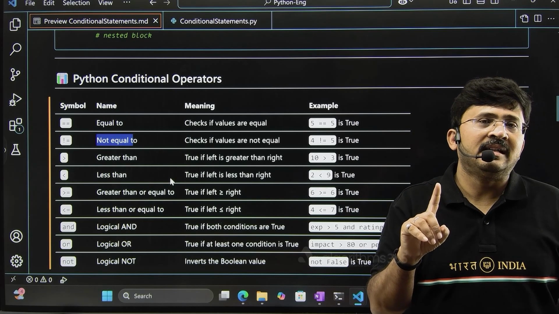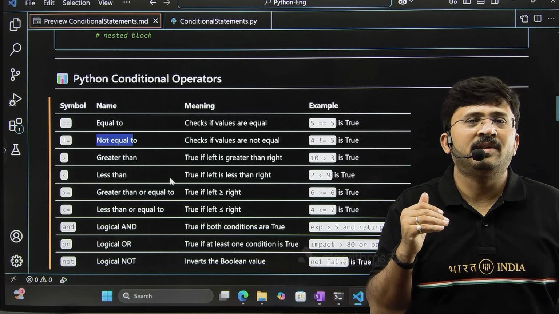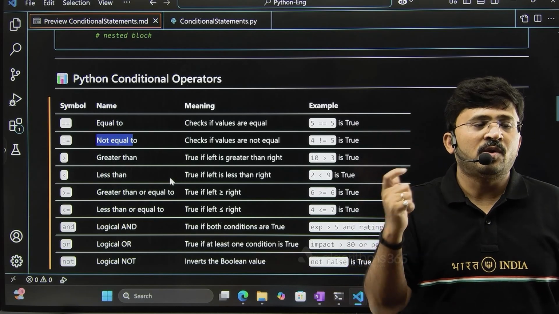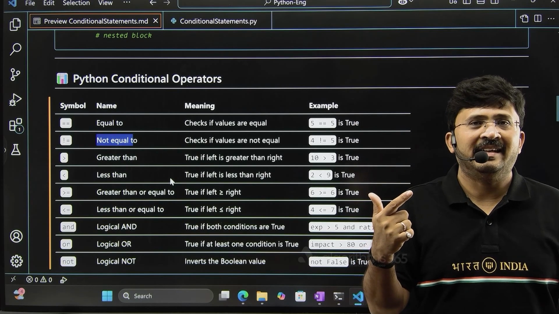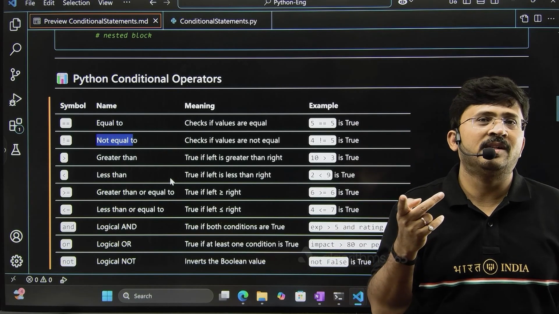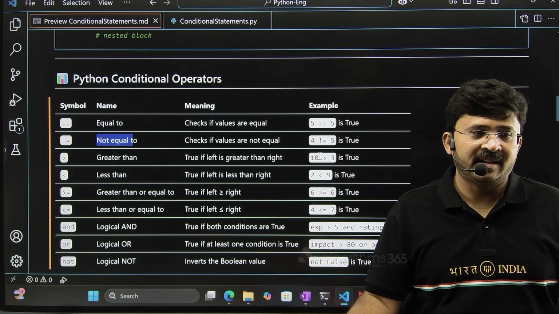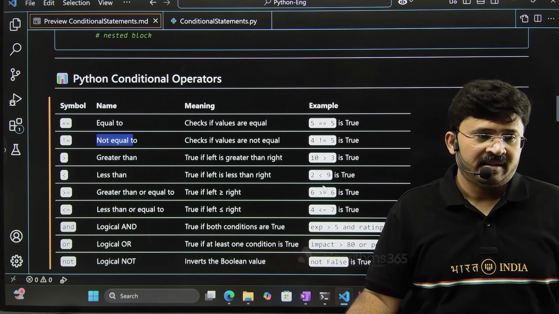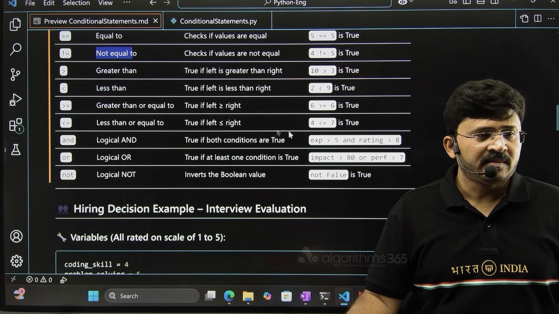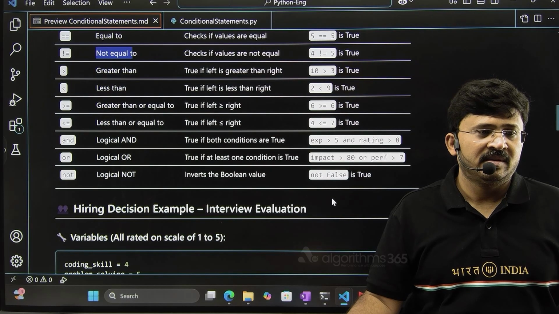What is important is the understandability of it. So you should use not equal to only when it is really needed, because you have to invert the value and compare. Then you have greater than, less than, greater than or equal to, less than or equal to, and